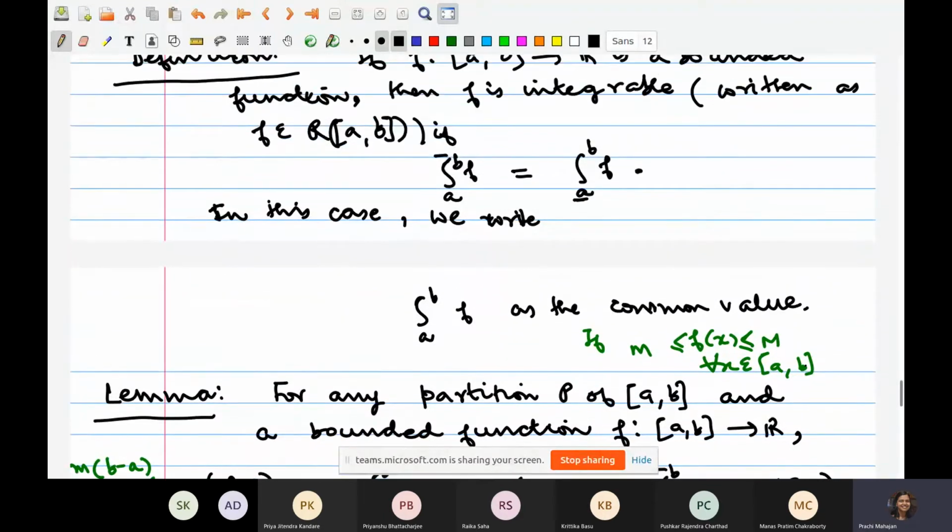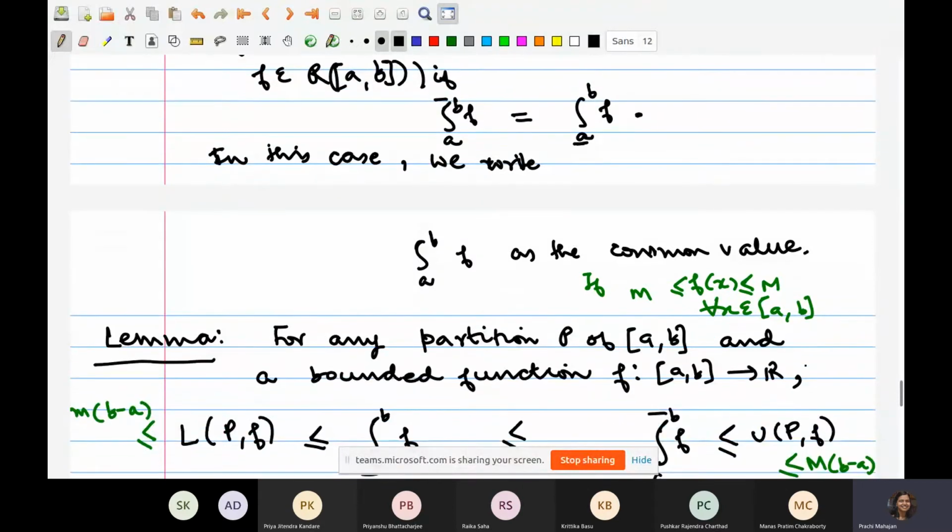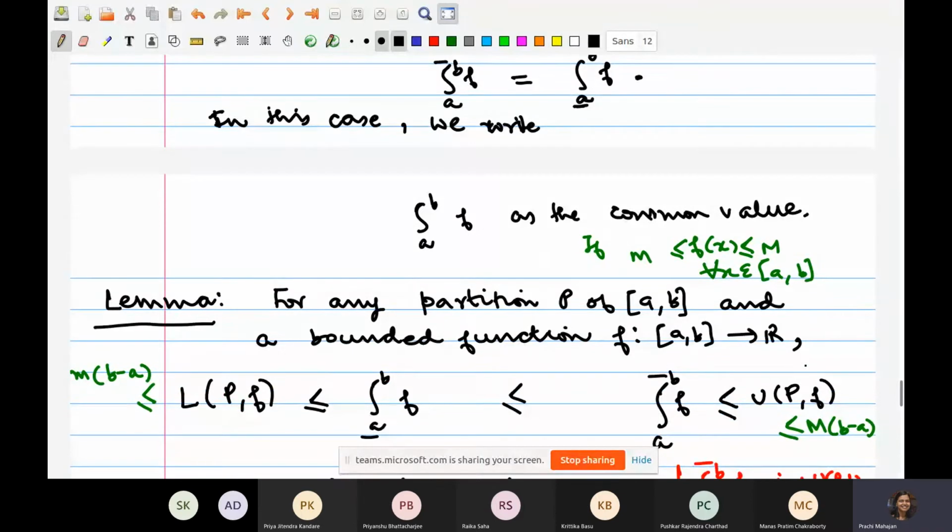If you have to prove that a function is integrable, all you have to prove is that the upper integral is bounded by the lower integral. The other inequality, which is not in this lemma, that is true. The other inequality between the upper and the lower integrals. Is that okay? Because one-way inequality is always true, no matter which bounded function you are working with.